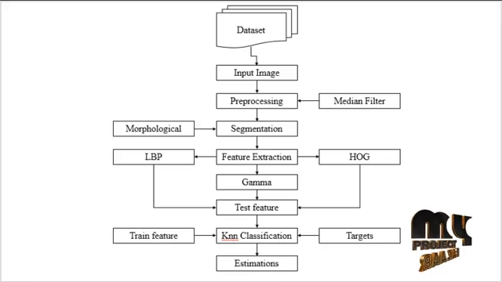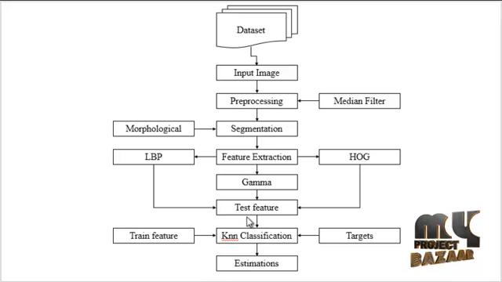After the segmentation part, the feature extraction is carried out. Here in the feature extraction, we apply 3 types of feature extraction from the image. First one is the LBP, that is the local binary pattern. Then the second one is the gamma. Then the third one is the HOG, that is the histogram of oriented gradients. After applying these 3 feature extraction methods, the feature values are extracted from the image and concatenated